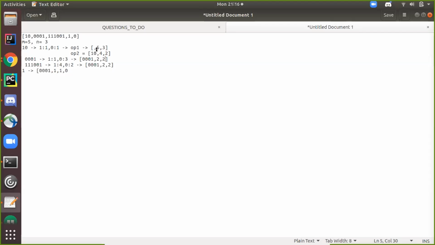Yeah, from 3 you consumed 1 in the first step, and then in the second step you consumed one more 1. It should be 1, is it? No, I think this option is coming from option 2. I'm coming from option 1. I have 5 zeros here and 3 zeros here, so I subtract 5 minus 3 and make this 2, and I have 3 ones here and I subtract 1. Okay, so you are not taking it from option 2, is it? You're taking from option 1. Yeah, so that would be the same path. Again, 2 choices for that sequence also. So I'm taking option 1 here. Okay. Got it. Thank you.